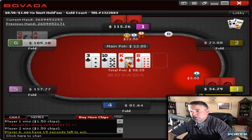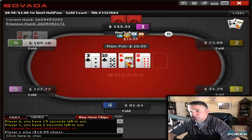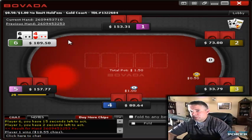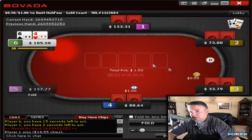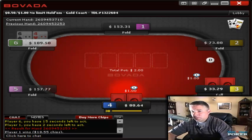I guess we're going to have to assume he probably has more like a king-queen type of hand or king-jack. But again, we were going to do this same bet that he did, but we're going to do it on the flop. Just go ahead and get this hand over with. And the other thing is we actually had equity in this pot where if he did decide to call at $12, we hit a jack or an ace, then we probably have jack, of course, unless it's a club. We have the nut at that time, and then if the ace comes, then that's a good...